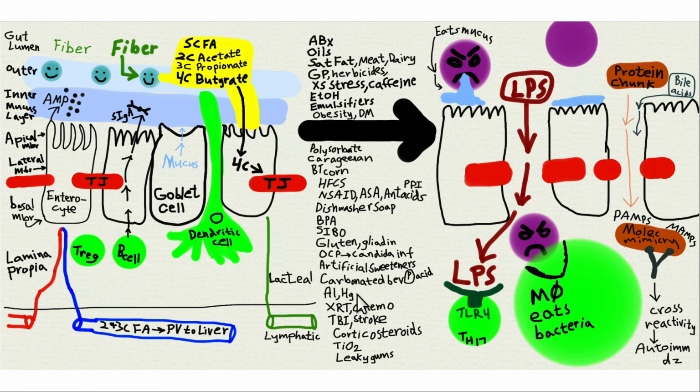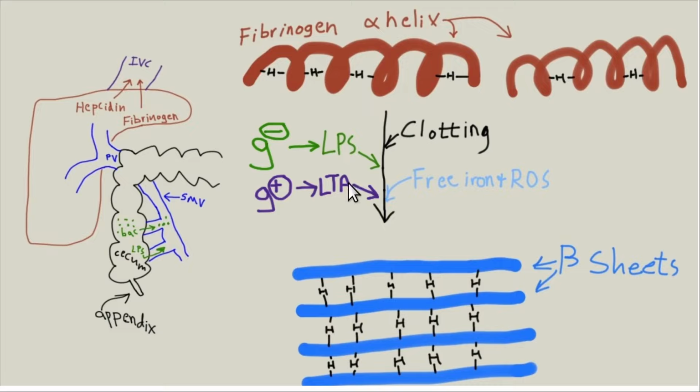Okay, so if you got leaky gut, you get the bacterial endotoxin, LPS from the gram-negative bacteria, LTA, it's called, from the gram-positive bacteria. That gets through the endothelial lining when the tight junctions are dehiscent, and they can get into the blood, and it makes the blood more prone to clotting. It actually specifically causes a type of clot called dense matted deposits. It's an amyloid transition, meaning the secondary protein structure